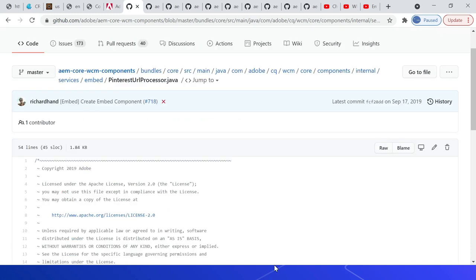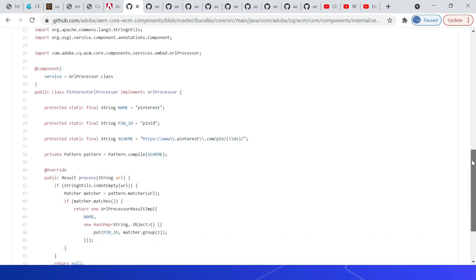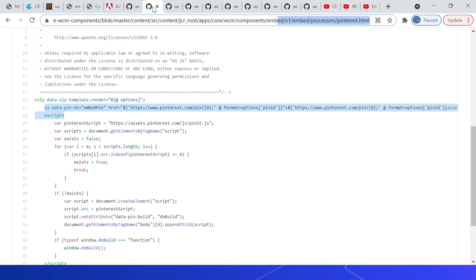To embed the custom resources that won't support the standard OEmbed API, create a custom URL processor by implementing the URL processor interface like this. PinterestUrlProcessor implements URL processor and enable the required logic. And create an HTML template file to embed the resource.